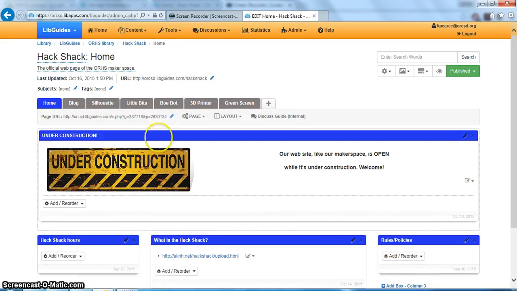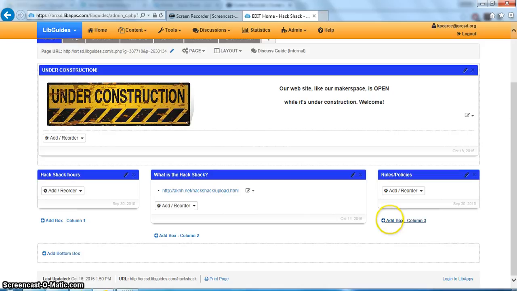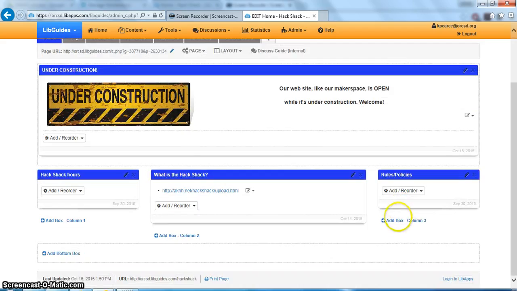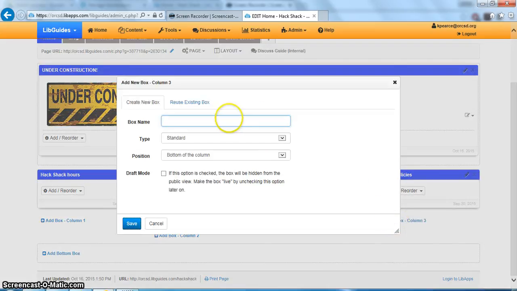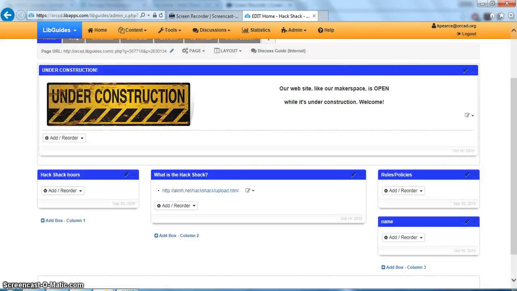So once you're in, it's going to look a little bit different. So just very quickly, if you go down here and you want to add a box, click Add Box, and obviously you can pick a different tab to work on depending on where you are, but just click Add Box, give it a name, leave this as standard. You can decide where in the column you want it, and you'll be able to change that later if you want. So I'm going to leave this where it is at the bottom of the column and click OK,